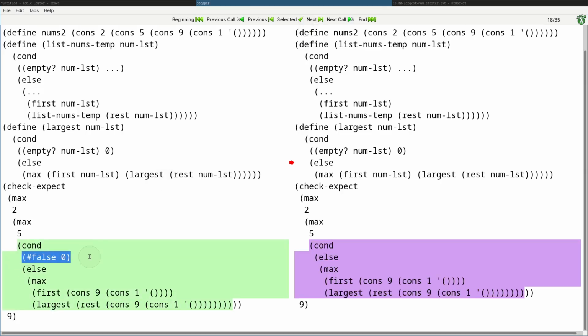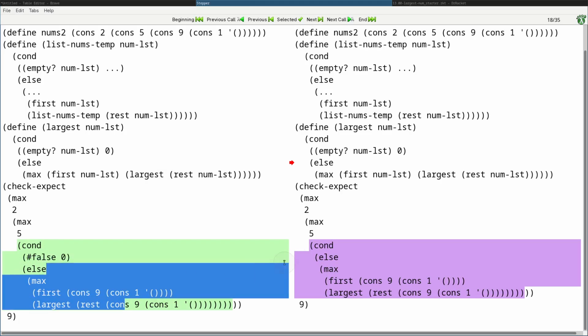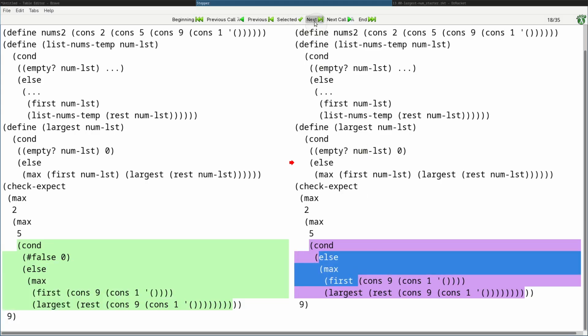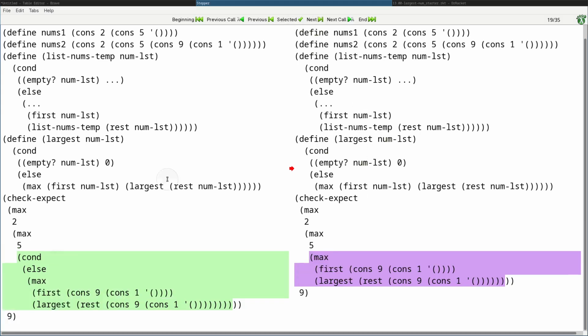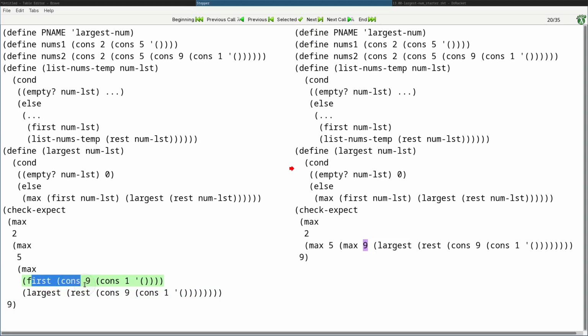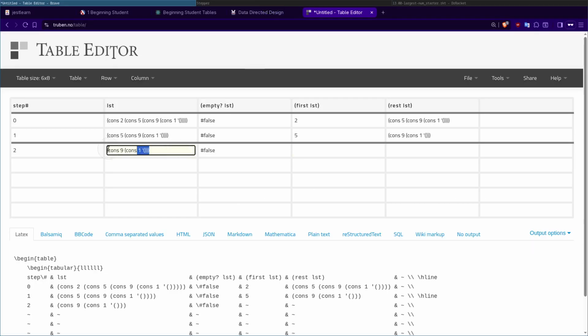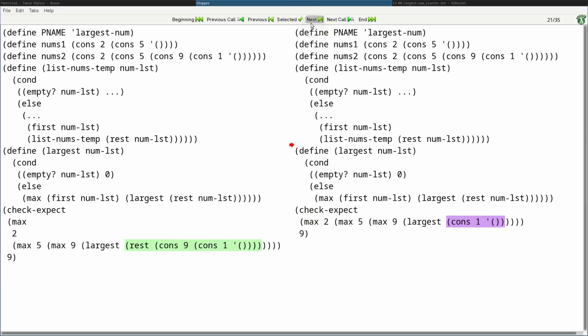Since the list was not empty, we're expanding to the else case, and we're just going to push that max out up here for the else branch. So what is the first of cons 9 and 1? Well, it's 9. So the first of this list is the number 9. All right, so next,